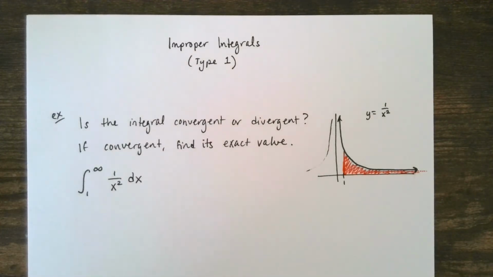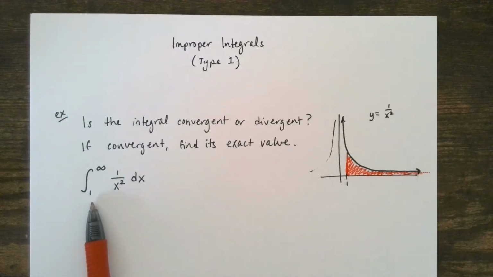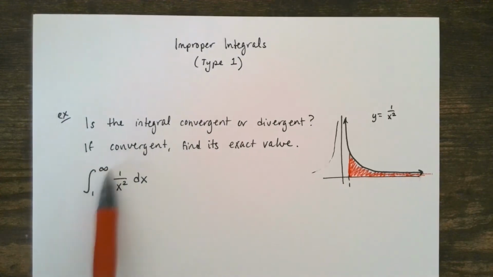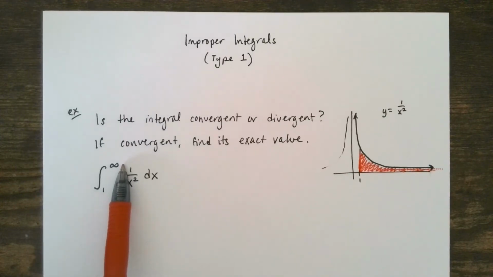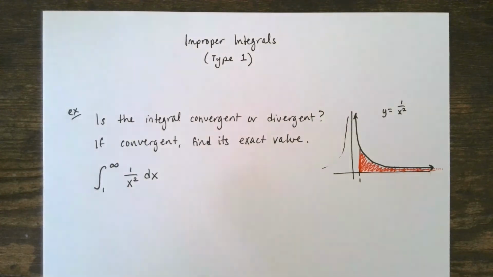Okay, so the reason that this is an improper integral is because this upper bound is infinity, and that means that we can't just compute this the way that we would a normal definite integral with two numbers, because once you do the antiderivative, you'd have to plug in the bounds, and infinity isn't a number. It's more a concept than a number. So it's not something we can directly plug in, but it is something where we can think about the limit of the function as you get closer